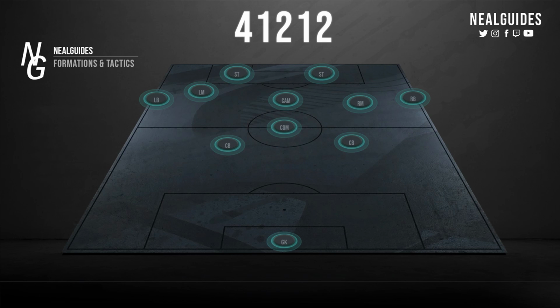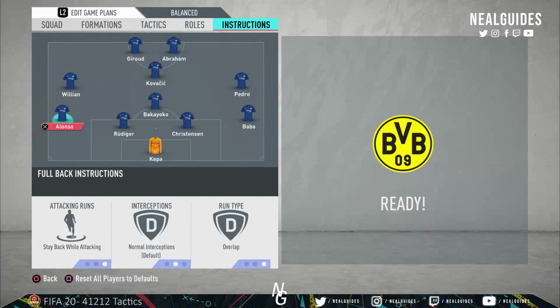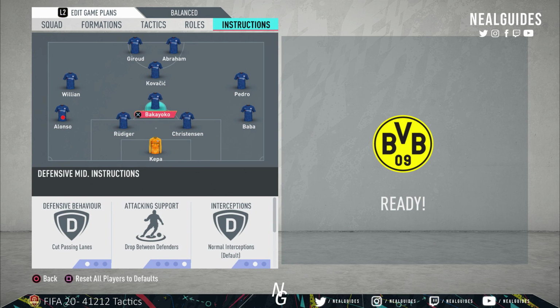So your CDM will no longer be a centre mid anymore. When you're defending, he'll basically act as a centre back. So that's really good. So if you're finding that you're struggling with a 4-1-2-1-2, all you've got to do is put your CDM on drop between defenders, and your fullbacks and your left mid